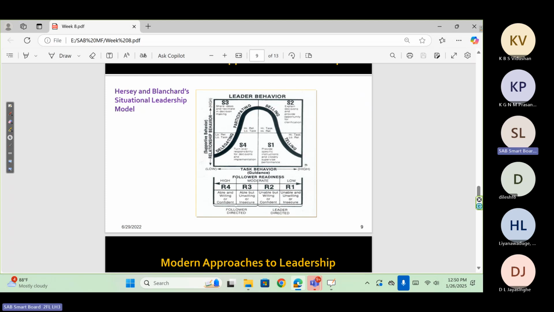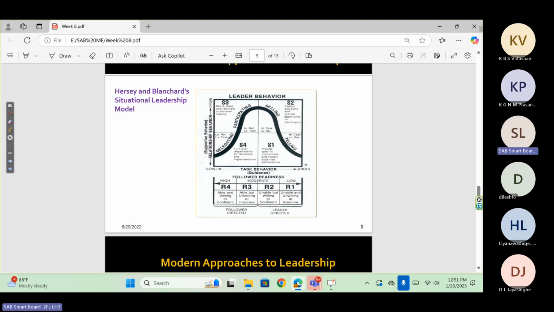But in a similar matrix, we can identify 4 places. Here, 4 places mean 4 styles of leadership, 4 major styles of leadership. Right. S1 is style 1. S2 is style 2. Leader style, not follower style. But looking at the follower behavior, the leader tries to present the style of leadership. Both are interchangeable. Followers and the leader can put that.